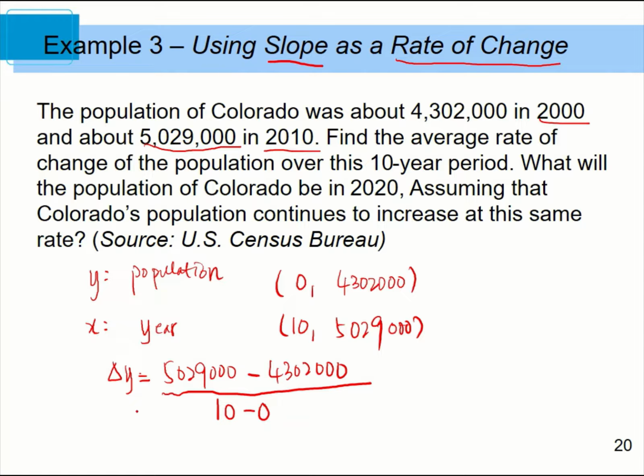When we plot it on the graph, it will be something like this. When the year is 2000, this is the amount, 4 million plus, and at 2010, the population is about 5 million plus. So over the 10 years period, the population has increased